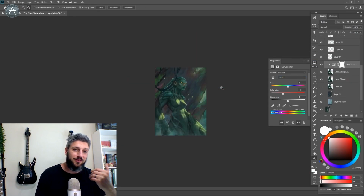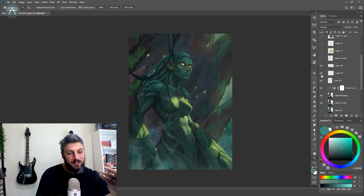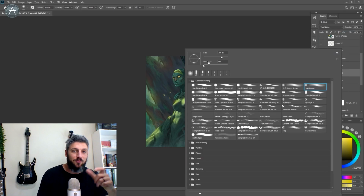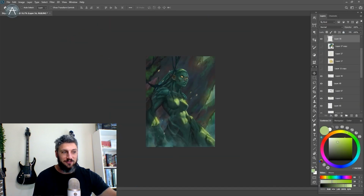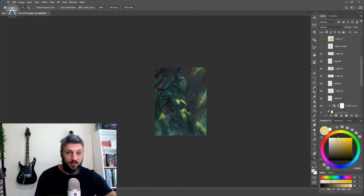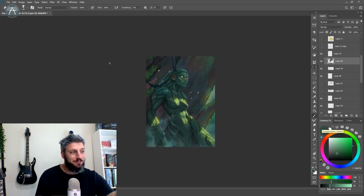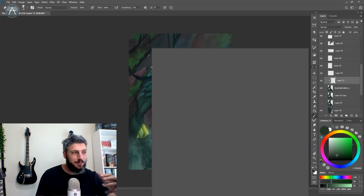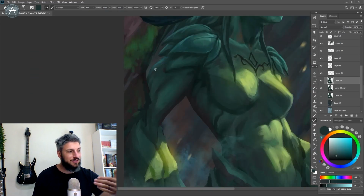A lot of times colors can be deceiving, especially very saturated colors, which can appear very bright in value when in reality, anything going more towards white is obviously going to be the brightest on the value scale. So this was very helpful for me with this piece, because the lighting scenario is a little bit more muted. It's a little bit more of an ambient lighting situation, even though I do have these streams of